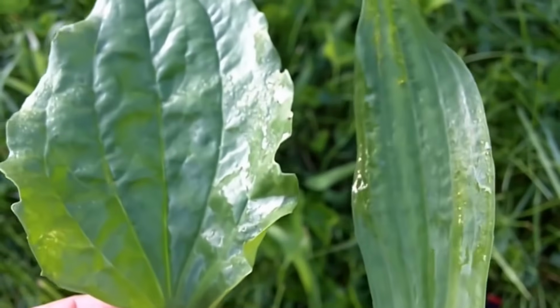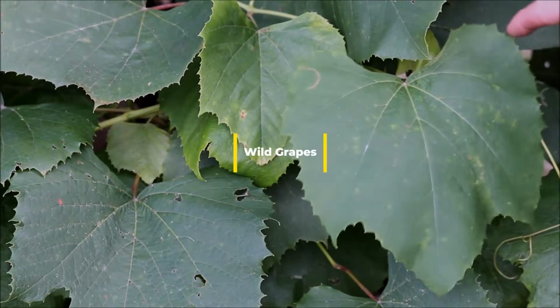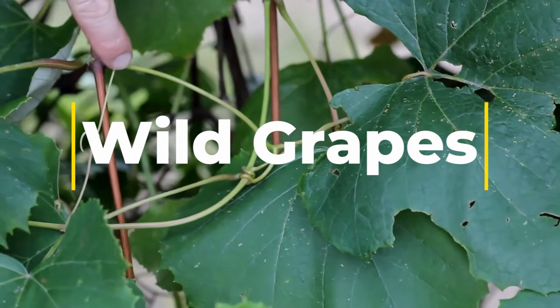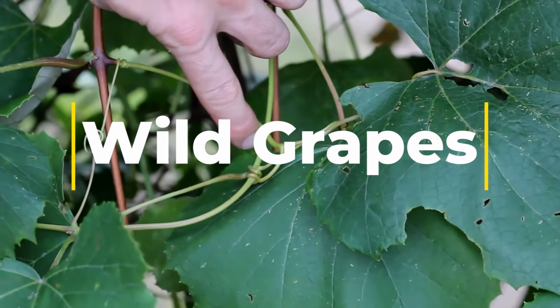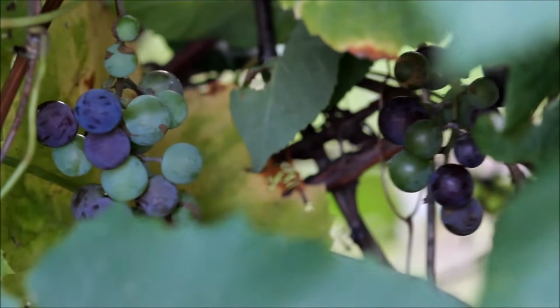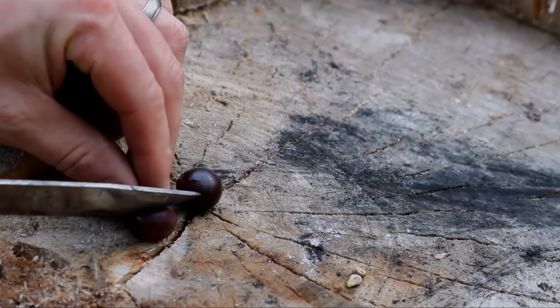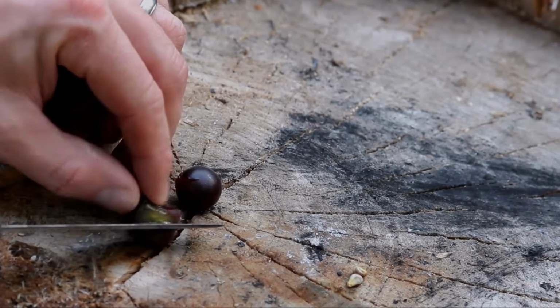The leaves can also be dried and ground into a powder to be used as a flour substitute. Edible wild grapes commonly found along the Appalachian Trail are likely to be the species of Vitis, a genus of climbing vines. They produce small, greenish to purplish berries that can be eaten raw or used to make jams, jellies, and wine. These grapes are usually ripe in late summer to early fall and are a sweet and juicy treat